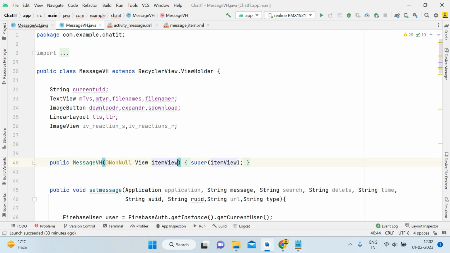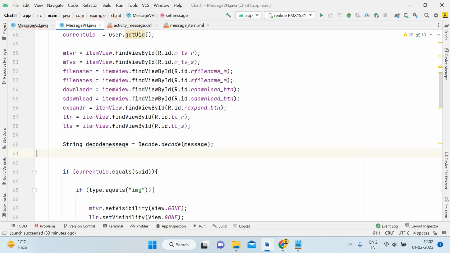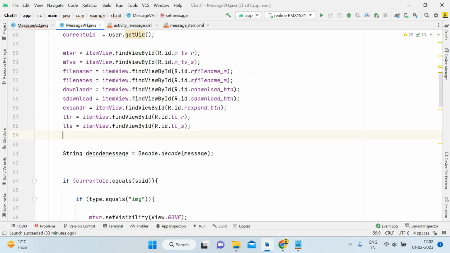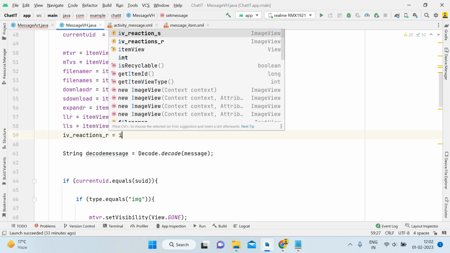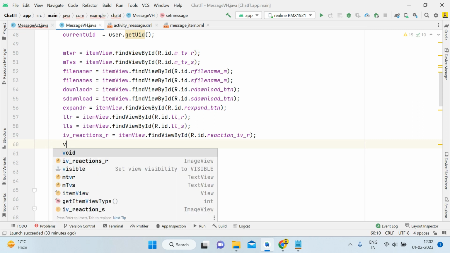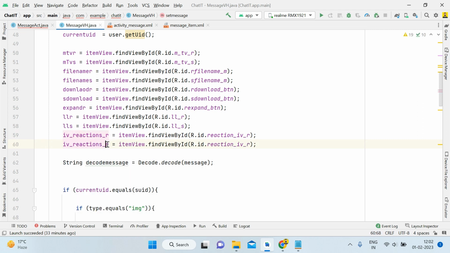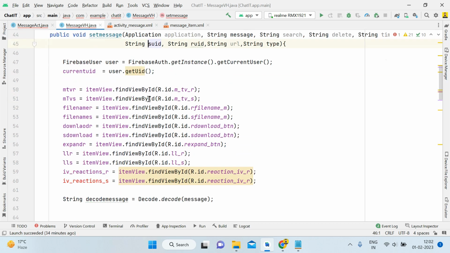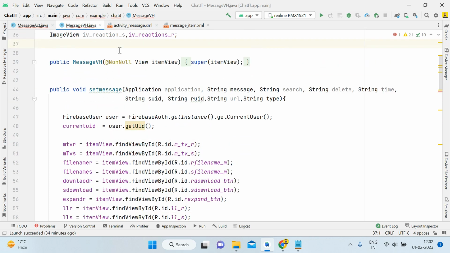So now we have given the IDs. Now it's time to give the reference. So iv reaction equals item view dot find view by id, R dot id dot iv reaction receiver, and then semicolon. Then you can simply copy this line, paste it, and just change this s. That is the benefit of